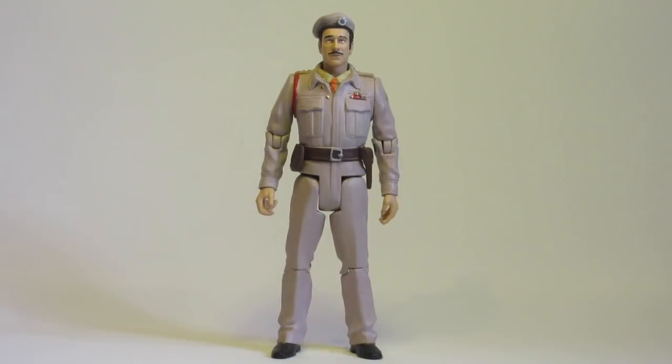I hate to use the phrase penny pinching, but I'm going to. If Character Options are penny pinching to the extreme when it comes to making new figures, it really makes me wonder, as much as I hope it won't be the case, that maybe Character Options won't be making Doctor Who merchandise for very much longer. It's a horrible thing to have to say, but it really does leave me looking and thinking it could be the case. I mean, again, I know they're not watching, but if anybody at Character Options sees this,